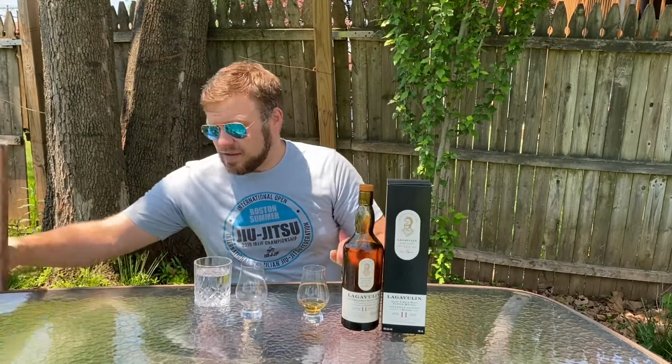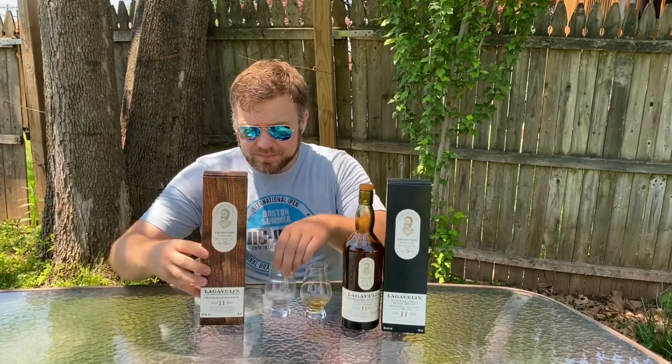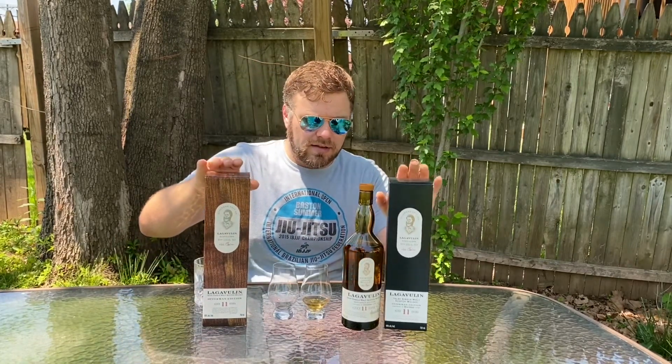But for Father's Day. Now, like I mentioned before, this is the second edition of Nick Offerman. So here I have the first edition that they came out with. Now, both of these are a limited edition. Now, this was the first one that came out, and the difference between this one and this one is that